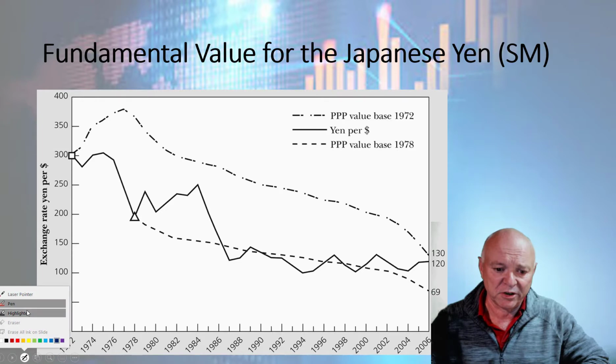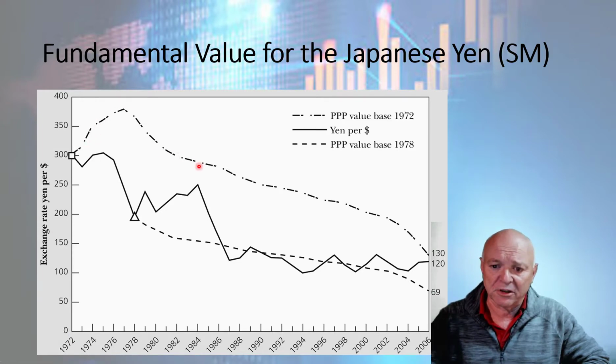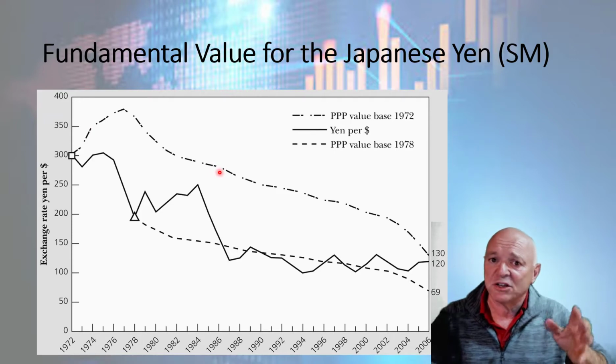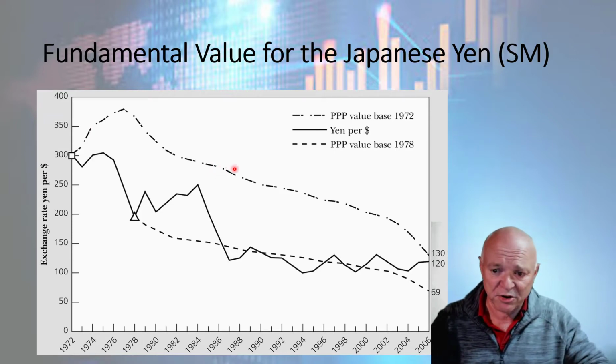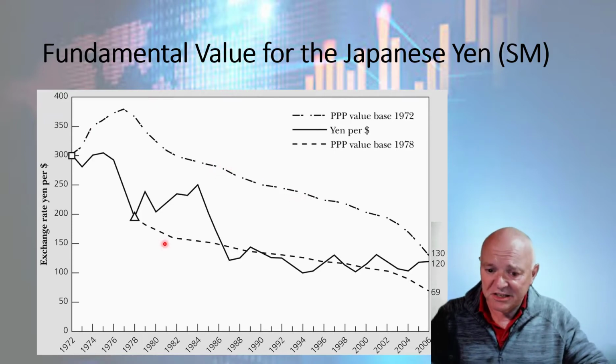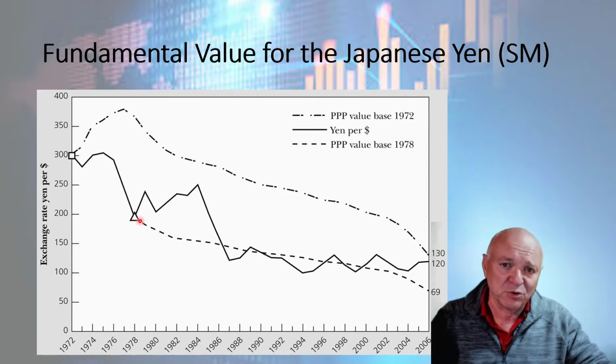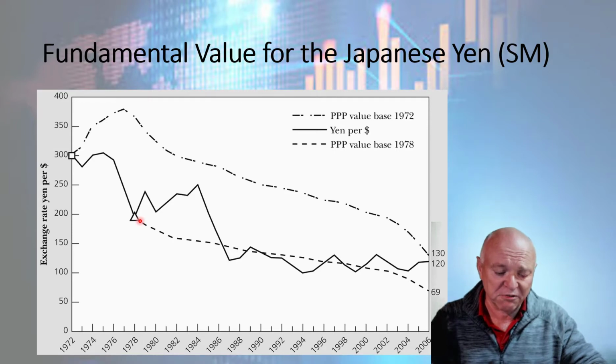It's kind of the broken dotted line that rose and then fell. And that's what we said that the value of the yen should be, at least according to our theory. By 1978, I guess, they revalued, or they reassessed the way that they were measuring value, and it said, well, actually,